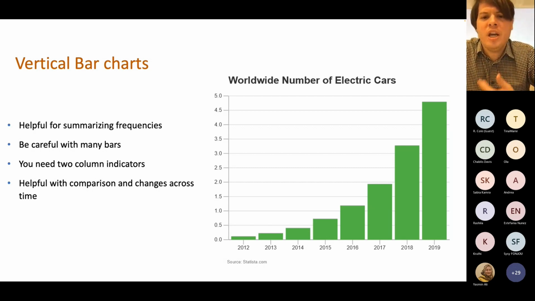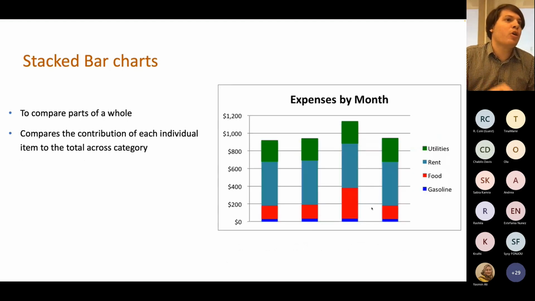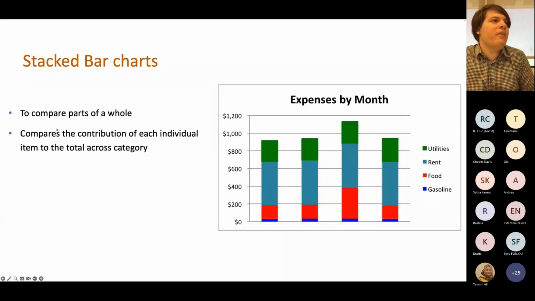Now, when you want to share the frequency of something, but then also show it as a part of a whole, that's where I would encourage you to use what we call stacked bar charts. You're comparing parts of a whole, and then you are color coding to see the difference in each category on a single bar. I believe these are months. I think I deleted this by accident, but this is something like January, February, March, April. And then you can see here the share that you paid in utilities, the share that you paid in rent,